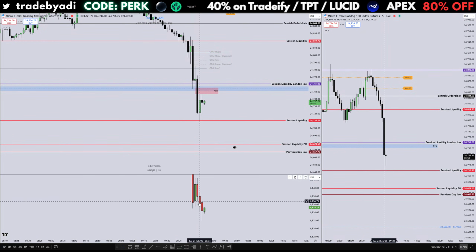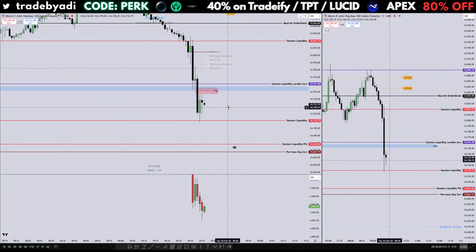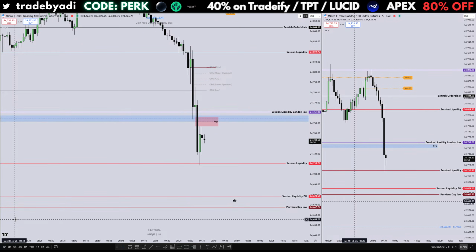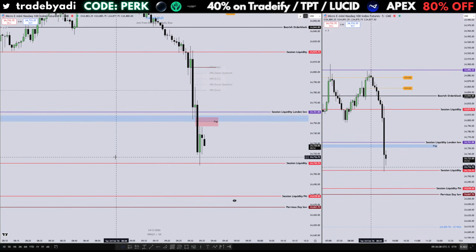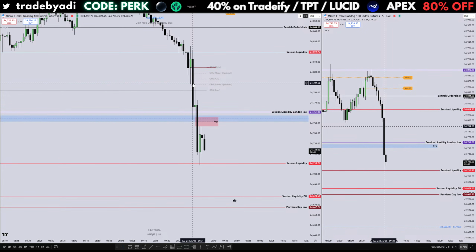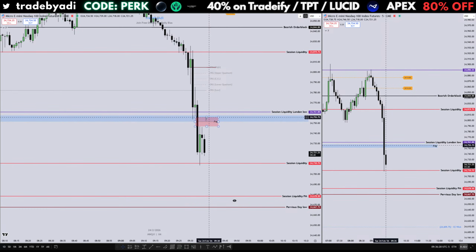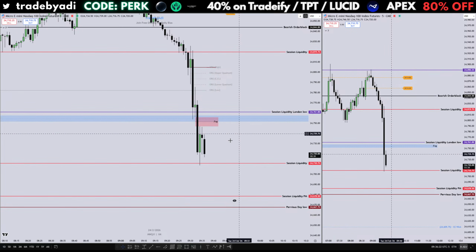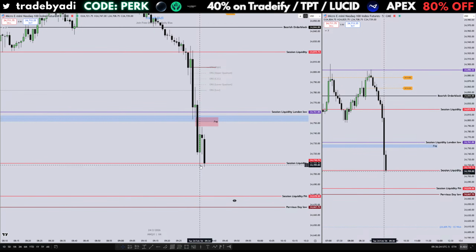On ES, we don't have any fair value gap, okay? No, I'm not looking for long. I'm looking for shorts and I wanted to short on this order block. Price has not tapped to this. Then again, I wanted to short over here on this order block. Price again did not give me any chance, and we have taken out the sell side liquidity,